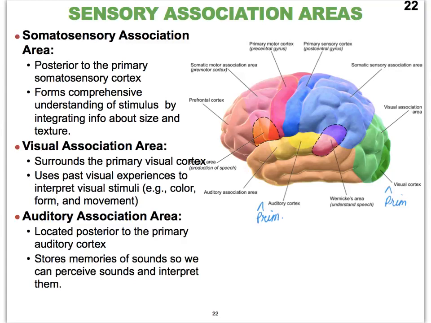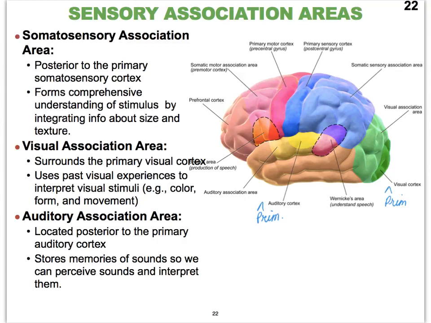And based on what I have learned in the past, I can now interpret this as, oh yes, these are my gummy bears that I should have eaten because they're going to get all sticky and messy in my pockets, right? So that's an example of what a somatosensory association area does for us. It forms a comprehensive understanding of the stimulus by making sense of the size and the texture of what